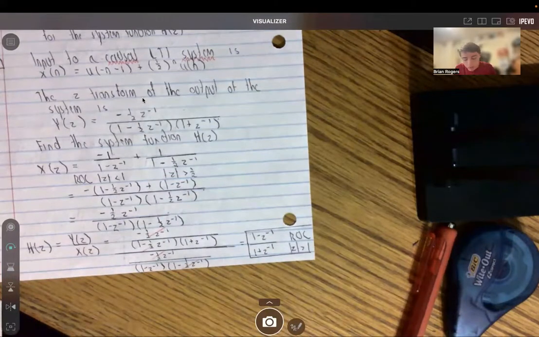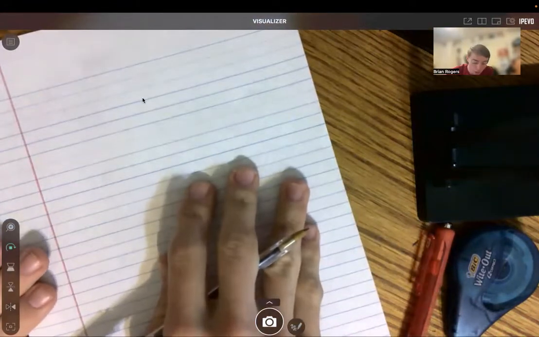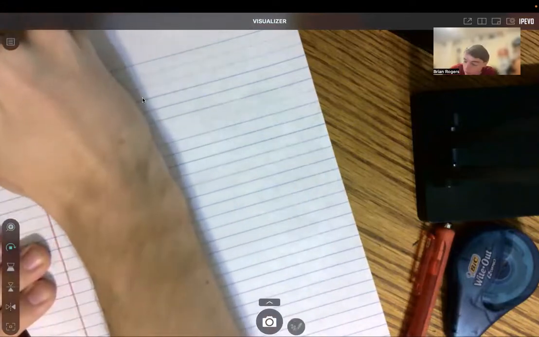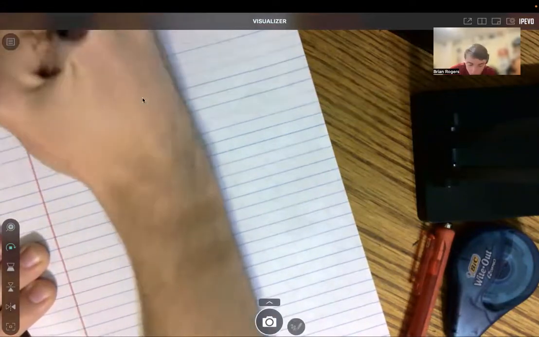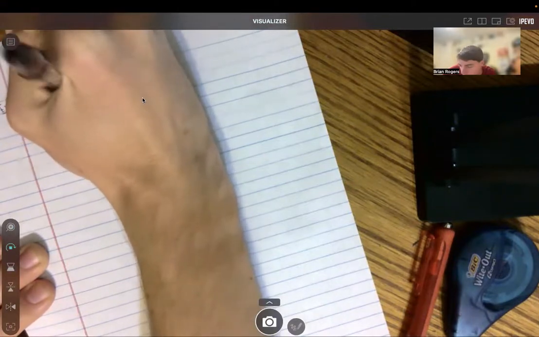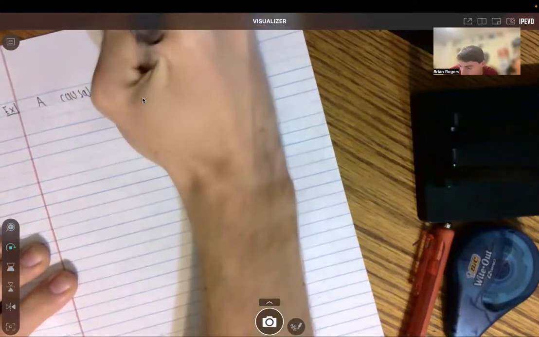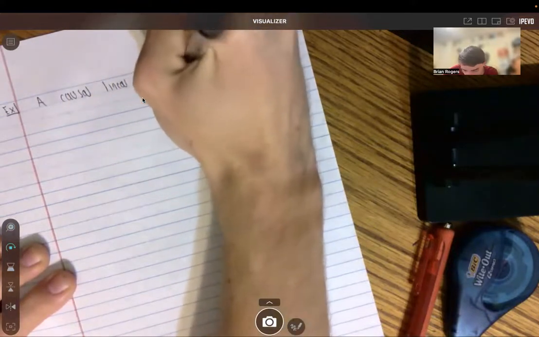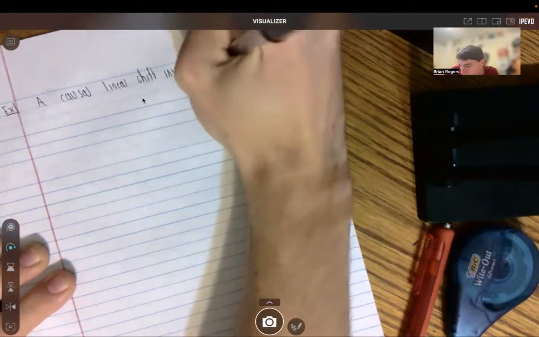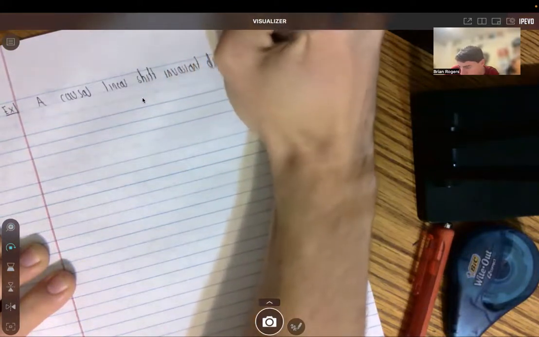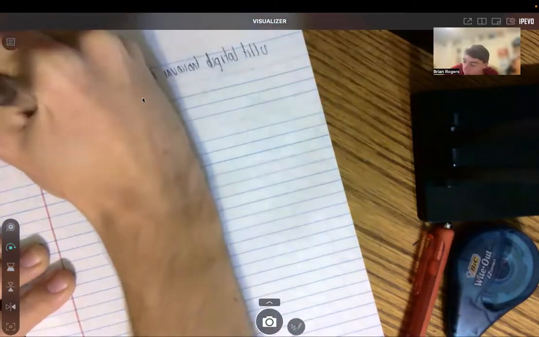Okay, now that we talked about the in-class exercise, the next example will be focusing on another fundamental part we discussed about stability. So they give us, for this example, a causal linear shift invariant digital filter that has a system function given by